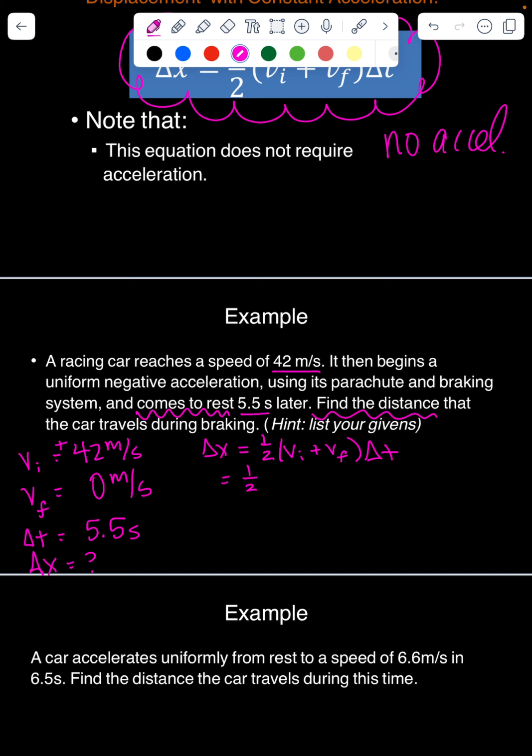We have 1/2 times (42 plus 0) times 5.5. 1/2 of 42 is going to be 21, measured in meters per second, and then we multiply that by 5.5 seconds. 21 times 5.5